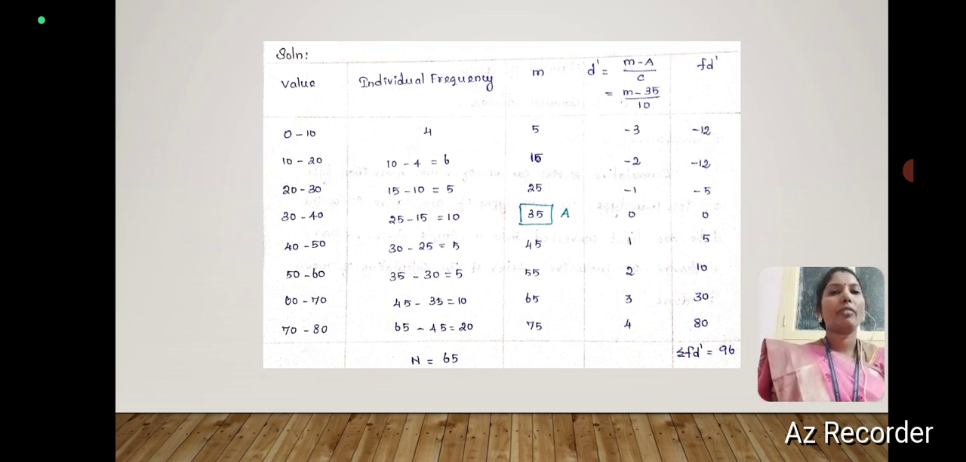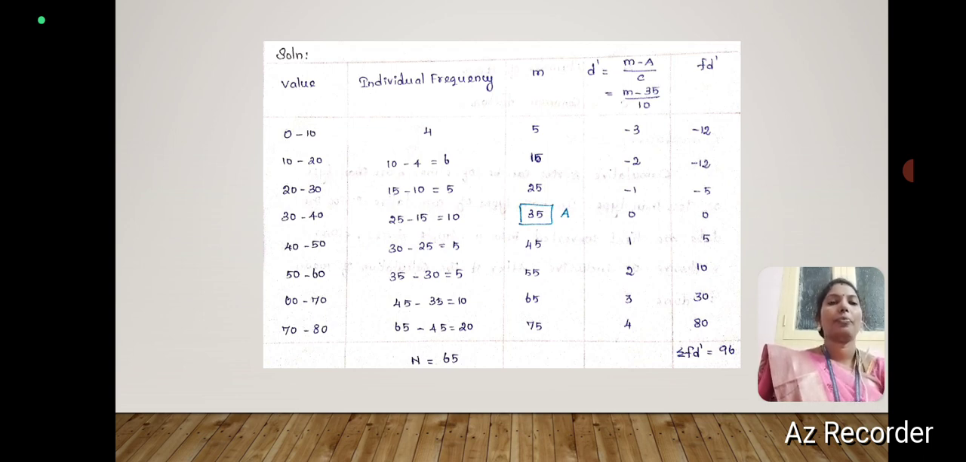c is the common factor. The common factor is taken from the common class interval, so that is 10. So we calculate d dash as the fourth column, and the fifth column is f d dash, which is f into d dash. We multiply the corresponding f value into d dash, and the sum of this column, summation f d dash, is